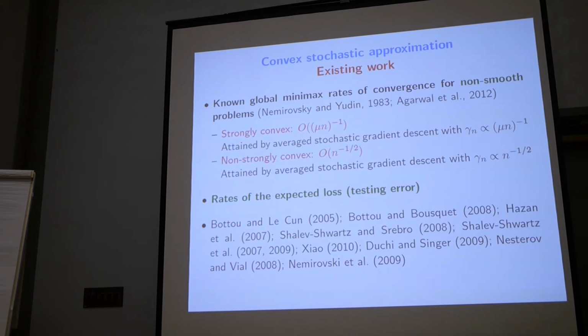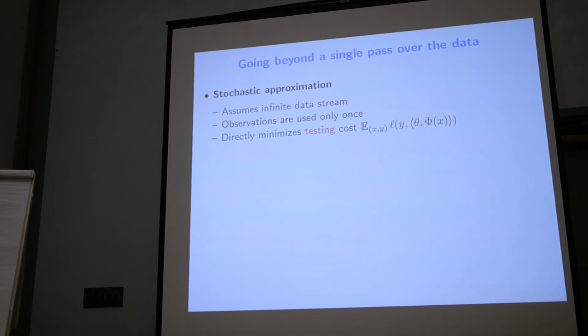Going to a lot of work, but the goal of today is to look at a particular situation, which is very common in practice. Before doing this, the goal is to go beyond a single pass through the data. In stochastic approximation, you see every observation only once, okay, and at the end, what you have is the bound